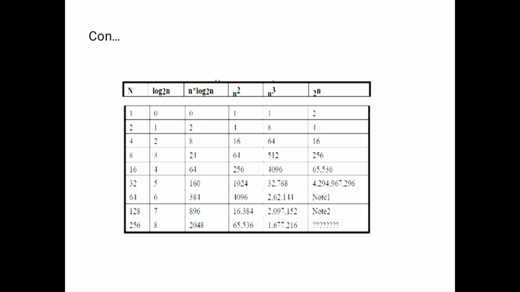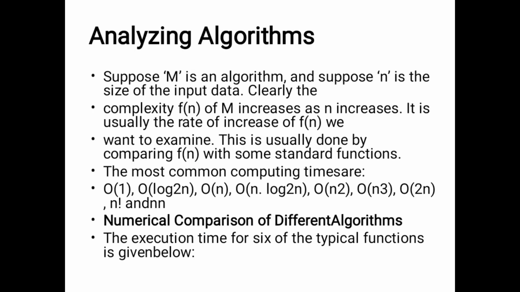It means we have taken the logarithm, n log n, n squared, n cubed and 2 power n for the best cases, sorry, for the worst cases here. And for the last case, n is equal to 256. Here log 2 of 256 gives 8, then 256 into log n, 256 squared, 256 cubed, and 2 power 256. These are examples where we take some input sizes.